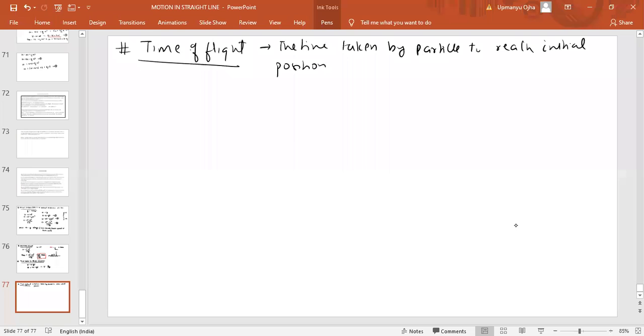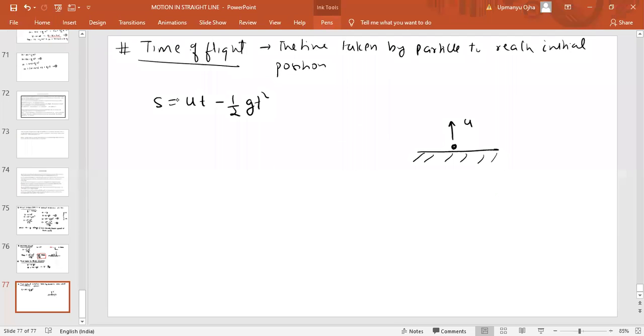Very good. Okay. So see again. Let us draw the figure here. We have thrown the object from the ground upward with the velocity u. Okay. Fine. Now, can I use this equation s equal to ut minus half gt square? Can we use this formula or not? Now if I use this formula, what is s? S is the displacement of the particle.